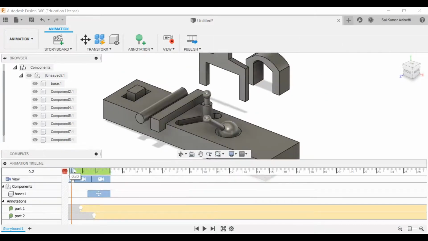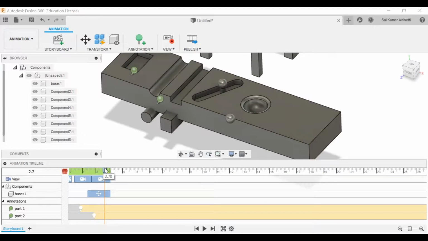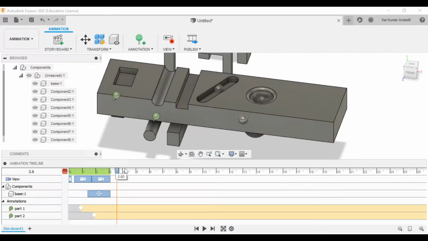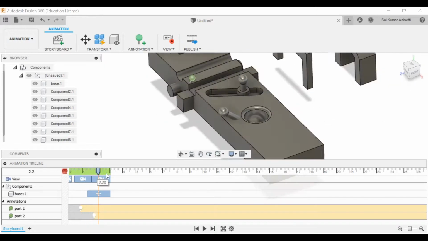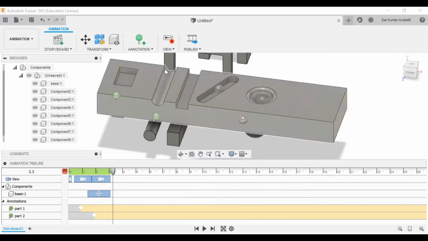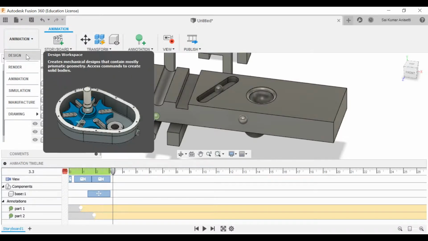See, if I move my movie, whatever rotation and revolution I have done, it is showing everything. It records what movements you need to do, just to animate your constraints and everything. You need to publish as a movie and just publish. But it needs a good amount of internet connection and quite a lot of stuff would be there.